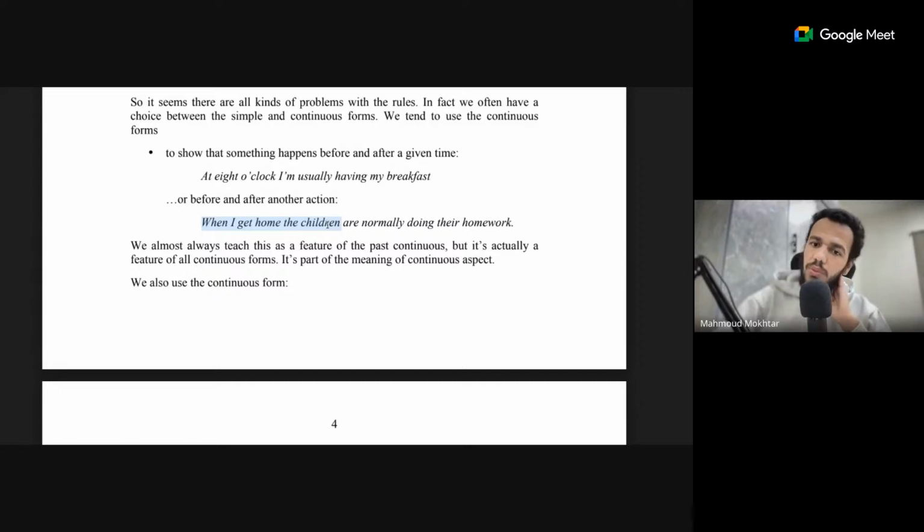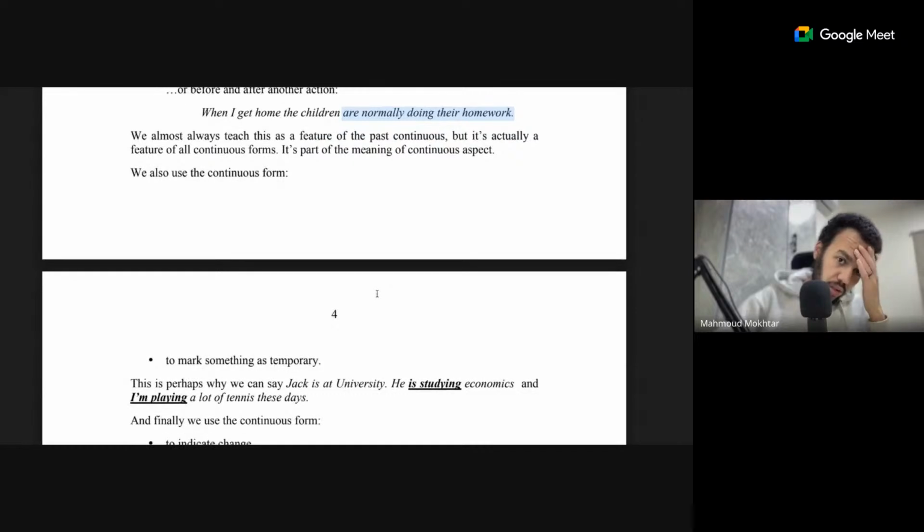When I get home, the children are normally doing their homework. Yeah, that makes sense. We almost always teach this as a feature of the past continuous. Yes, but it is actually a feature of all continuous forms. Yes, I remember I teach it even in future. Yeah, but I never taught it. That wasn't one of the uses of present continuous in any course book I taught,